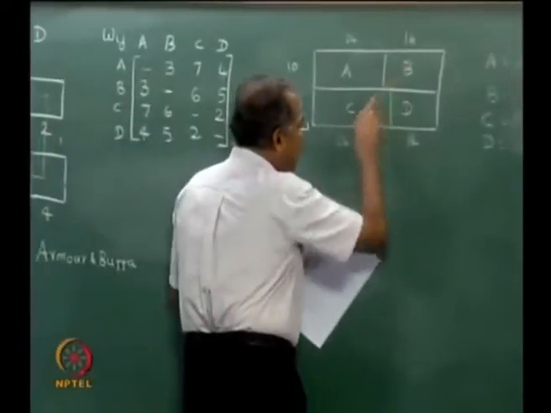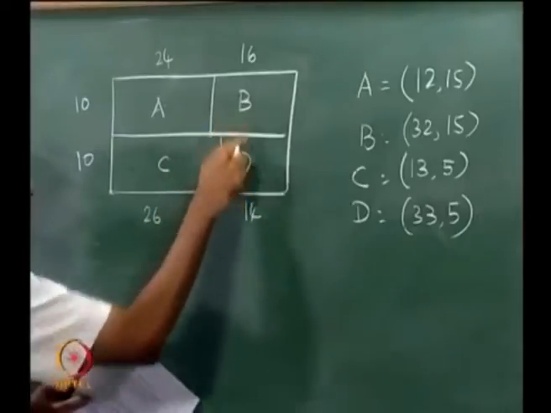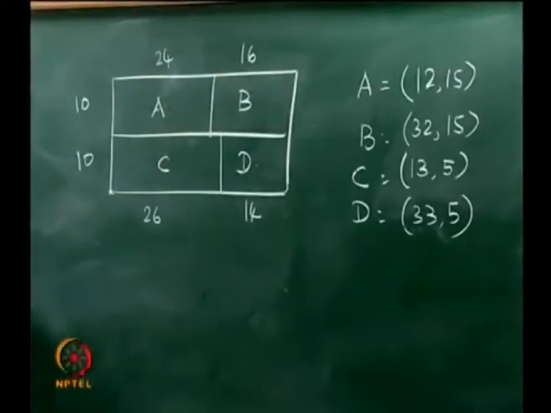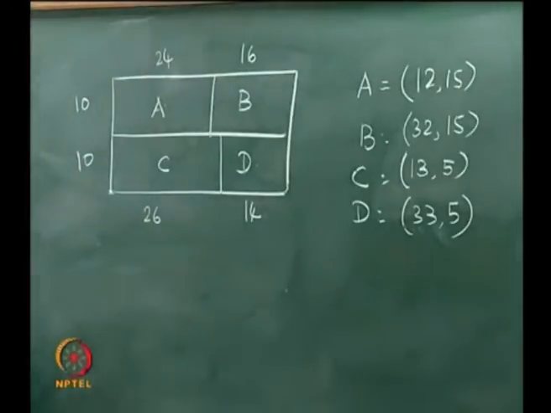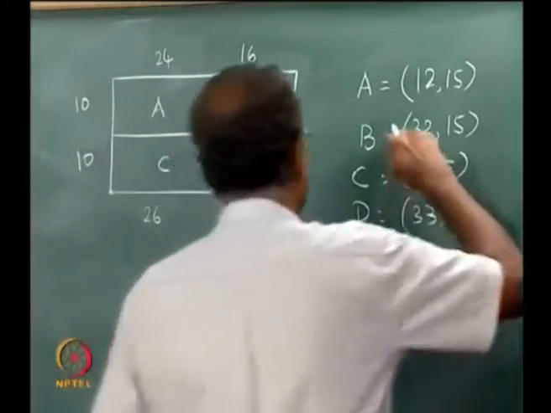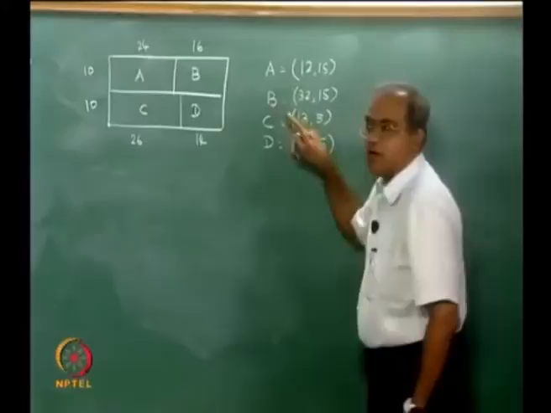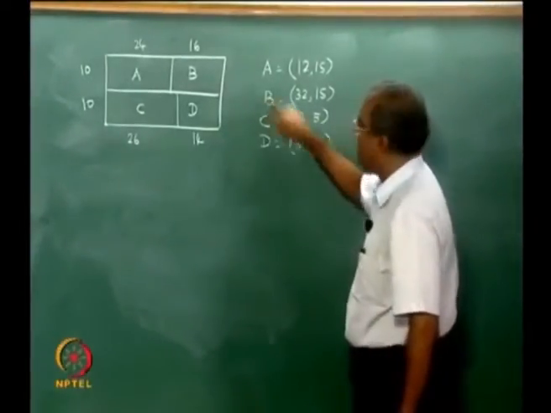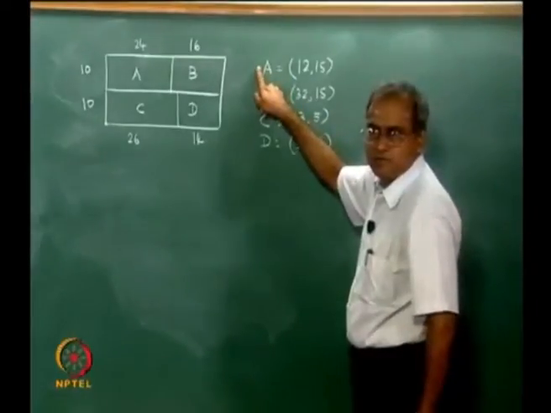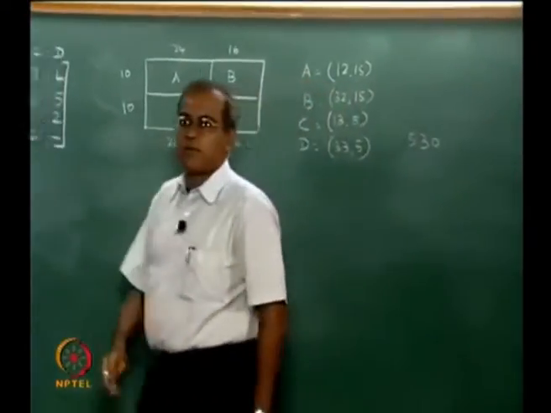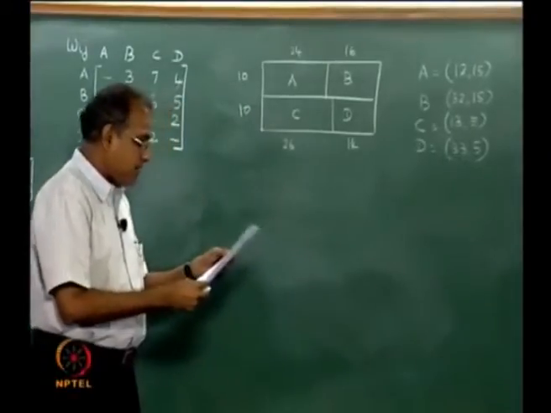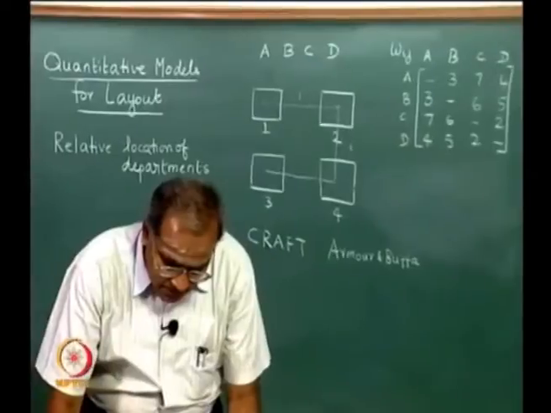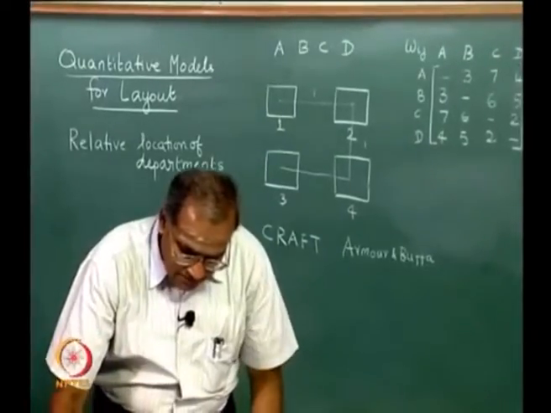We will consider B and C, there is a common area, B and D, C and D. So, 5 changes can be considered by simply changing the centroids from A to B. If we are looking at changing A and B, then this will become A's centroid, this will become B's centroid. So, like this 5 possibilities exist, and then the best out of these 5 are actually chosen, and then we realize that